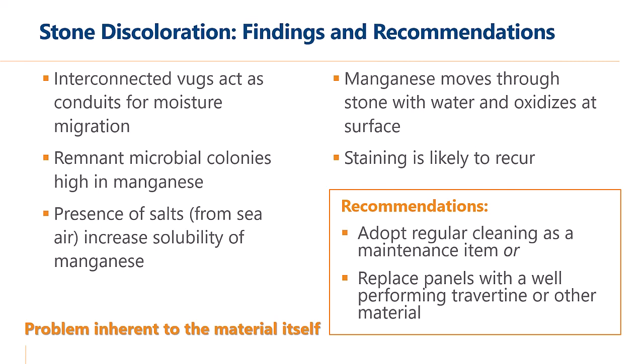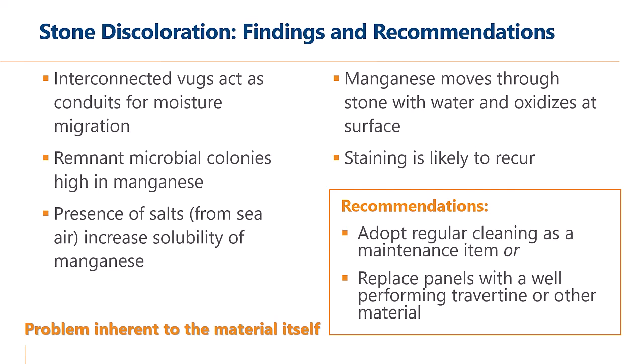water with dissolved ions from soluble salts increased the ability of water to leach and oxidize manganese. However, it's likely that staining would have also occurred if the stone were exposed to non-salt water moisture just at a reduced rate. Because the manganese mineralization is inherent to the stone, the recurrence of discoloration is likely to occur following cleaning efforts. This type of discoloration is generally not observed in well-performing travertine sources commonly used in dimension stone